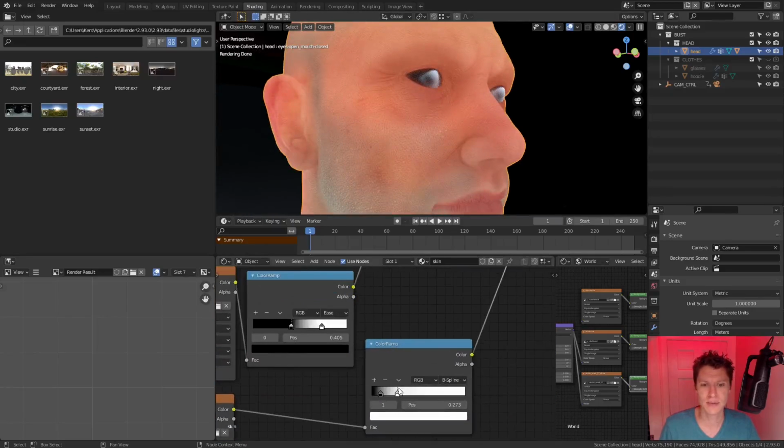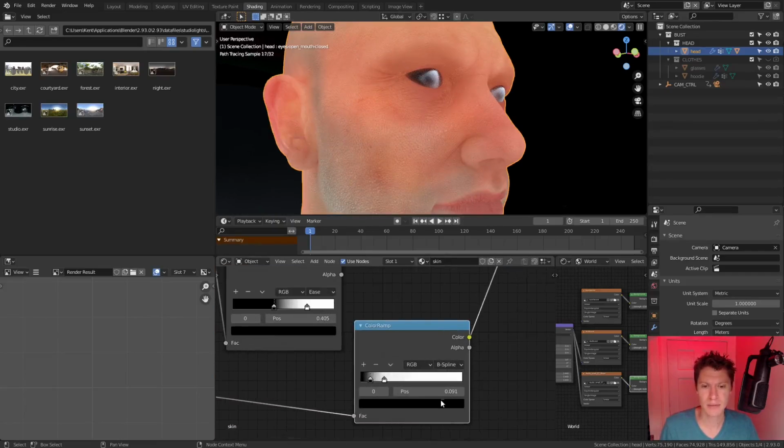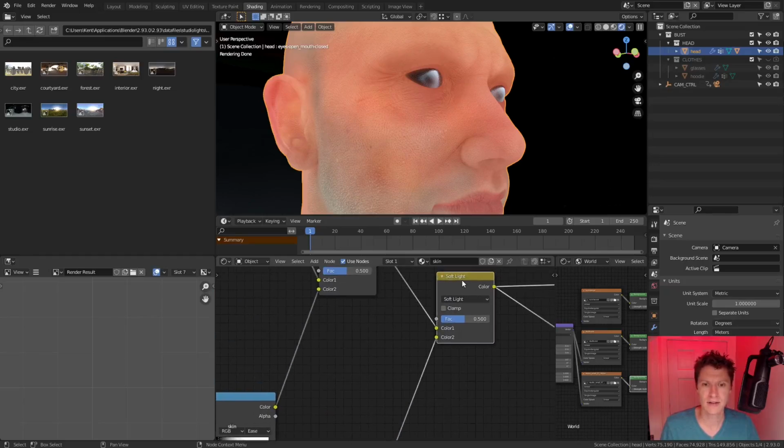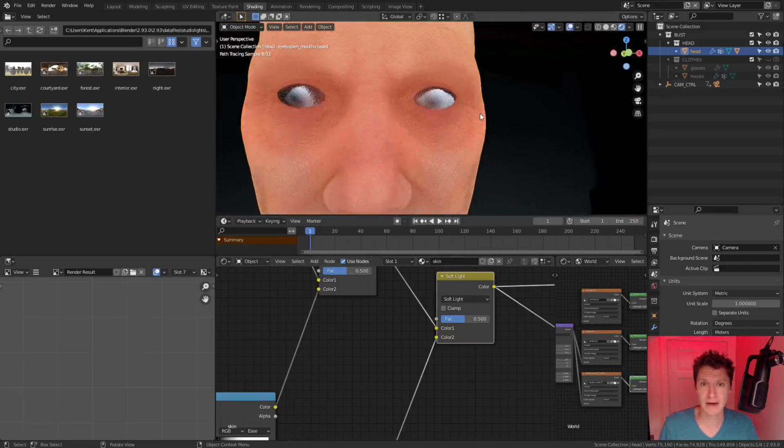And that's closer, but I still feel like we need to go lighter. Maybe bring down the black flag ever so slightly to like 0.07. All right, let's turn that soft light on and off. There we go. I've maintained the skin tone overall, but the pores and the bumps and the small wrinkles are now outlined a little bit better, emphasized a little